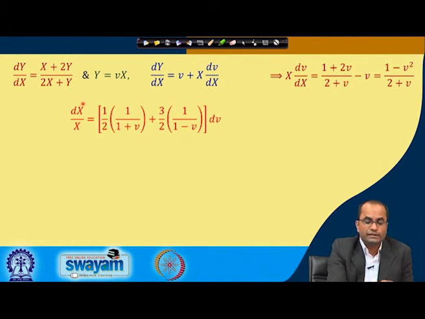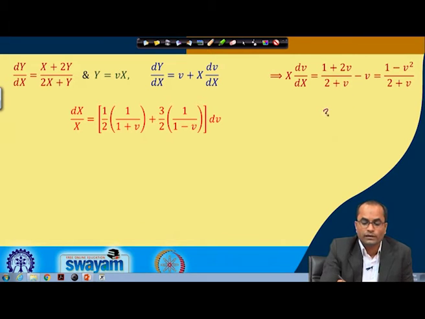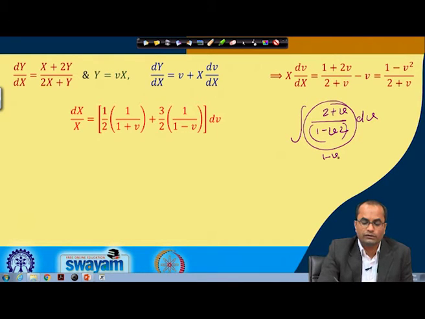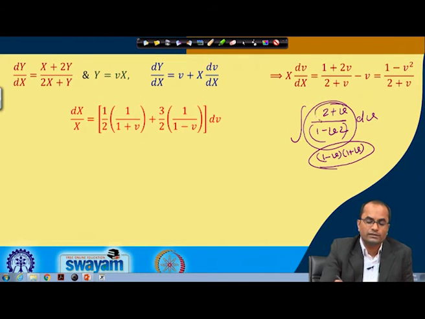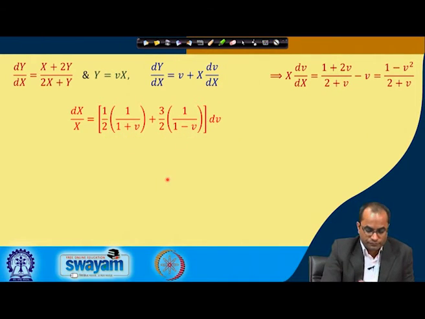That means, we have dx over x and this 2 plus v over 1 minus v square. So, this term here, 2 plus v over 1 minus v square, will come with this dv. This we do with partial fractions, because 1 minus v square we can write down as 1 minus v and 1 plus v, and then we can do this partial fractions easily. So, that is the result here of the partial fractions, and then we will integrate with respect to v.